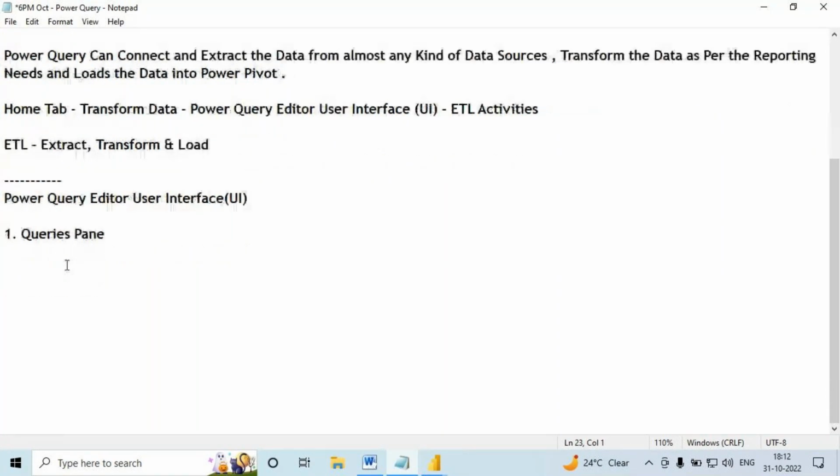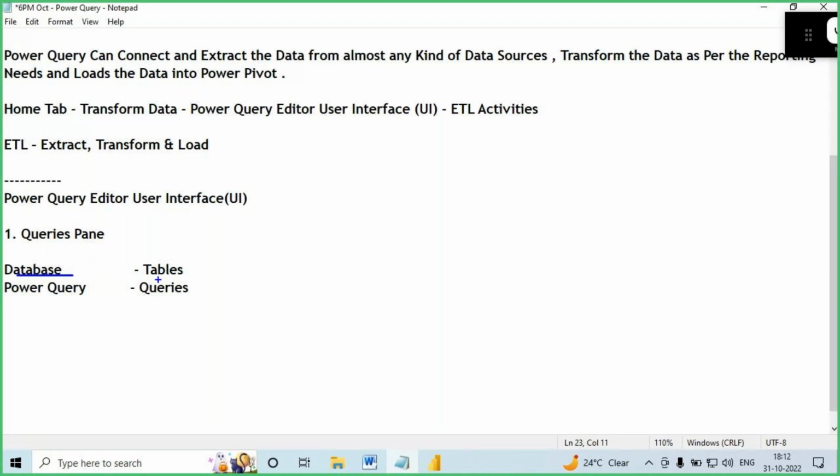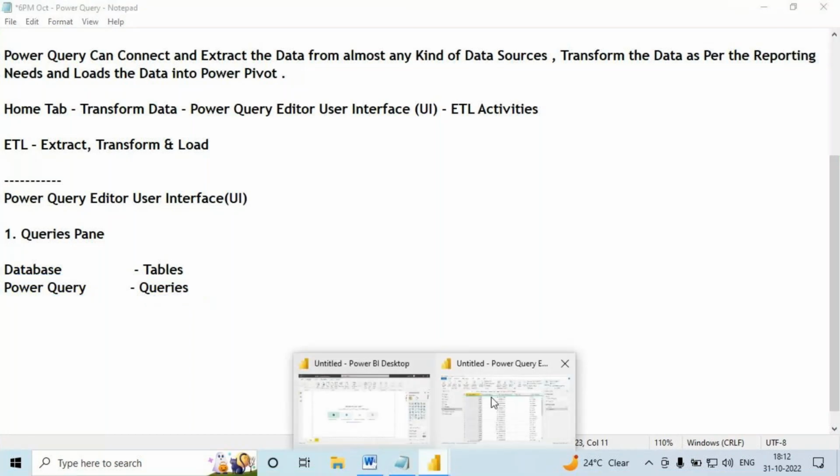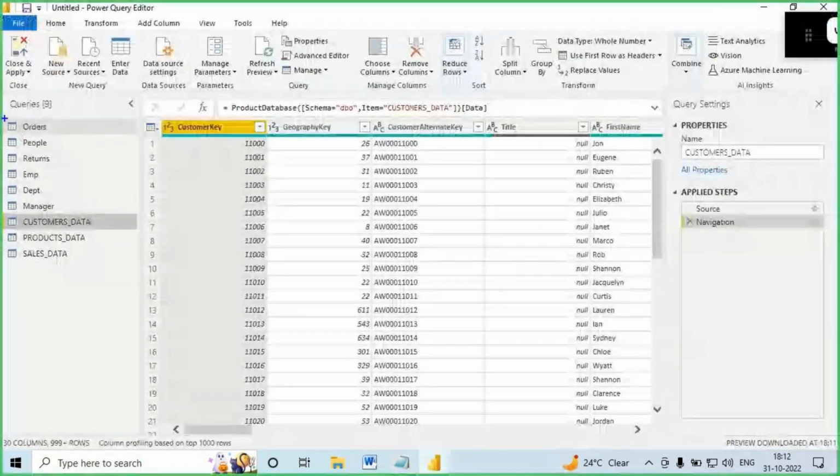What will the queries pane contain? In the database, data will be stored in the form of what? Tables. When it comes to Power Query terminology, we call them queries. Power Query people call the tables queries. In the database, we call them tables; the same tables, in Power Query, we call queries. The queries pane has the list of tables which we brought